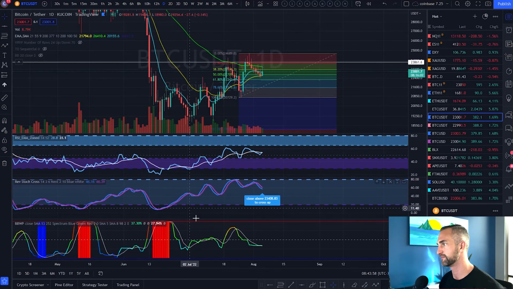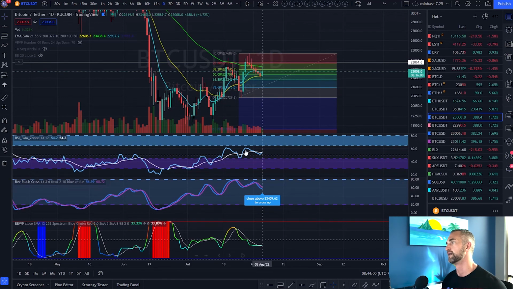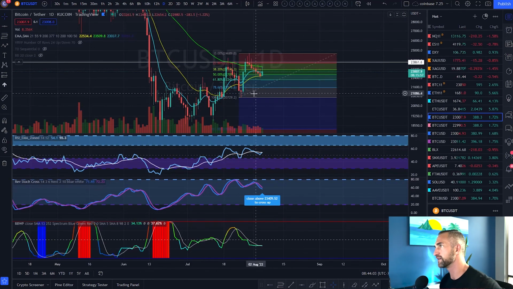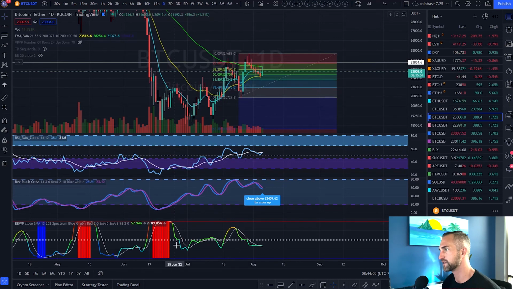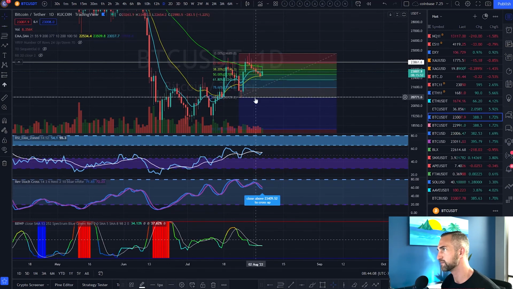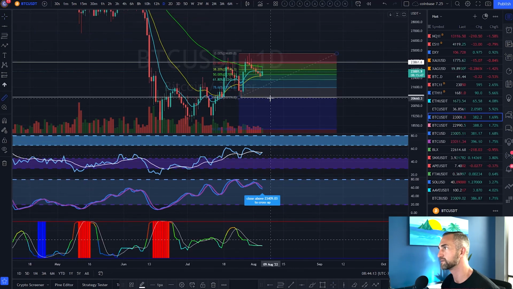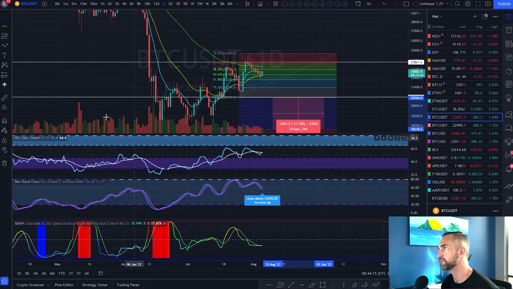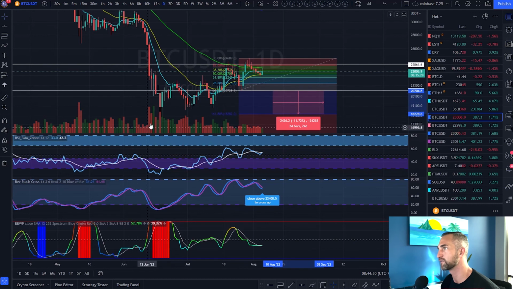Other than that, I'm going to wish you all a blessed and highly favored day, and I'm just going to lastly mark off this territory. If we are looking for the next big downside move on the daily time frame, to the tune of about 11%, I'd be looking for this area to get taken out. And that would be on a daily. We want to see the candle body close below 20,704. And again, dipping back below 20,000 is not going to look good for the bulls in this market.